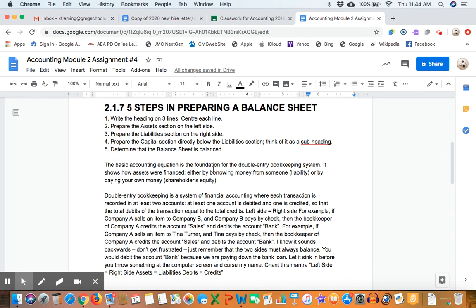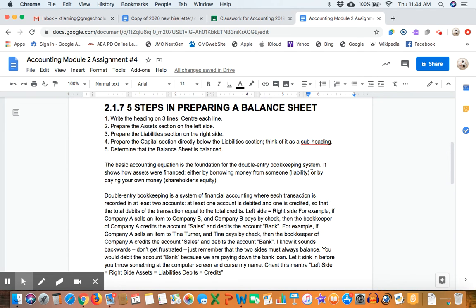So what we're going to do is prepare a balance sheet. I've already done these steps for you, but these are the steps you would normally take in preparing a balance sheet. That's why I left them there. This balance sheet is the foundation for what's called a double entry bookkeeping system, and that's going to be very common if you go out into the world and you look at bookkeeping or accounting, and you see how they keep track of their